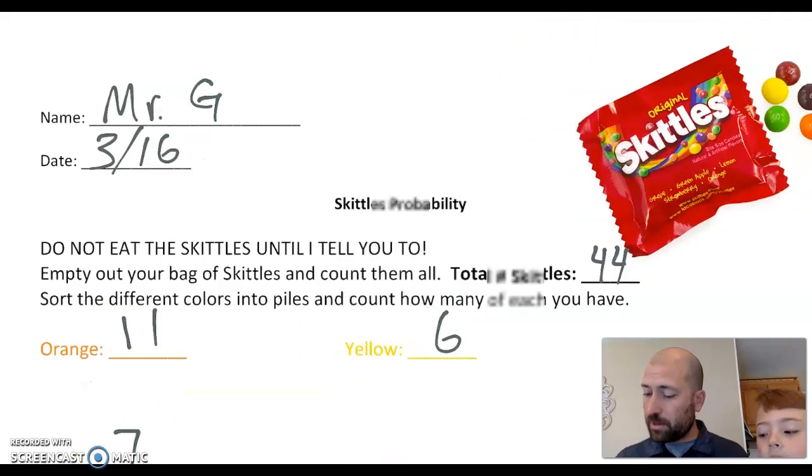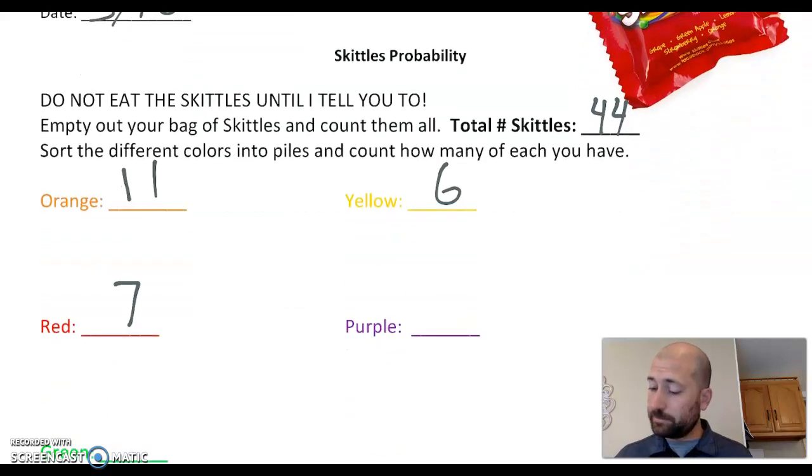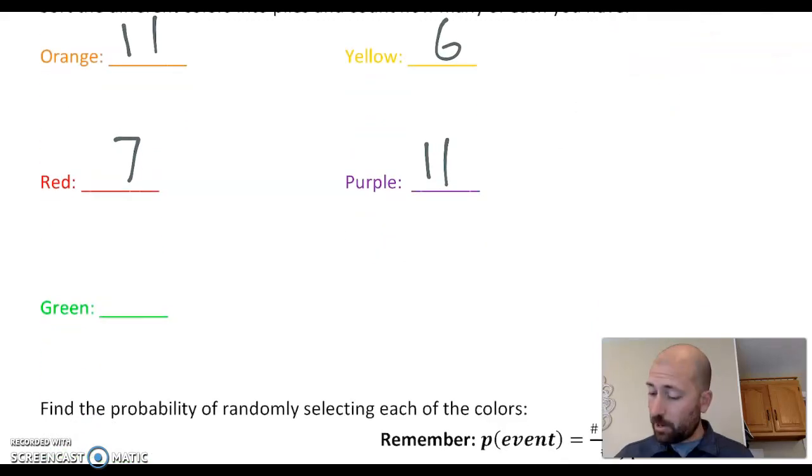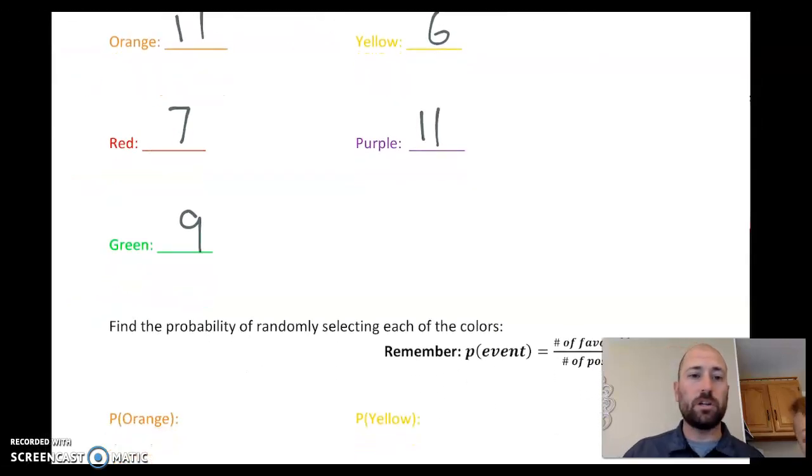We have how many orange? 11. How many yellow? 6. Red? 7. Purple? 11. And green? 9. All right, so we're going to first find the simple probabilities by looking at the number of each color